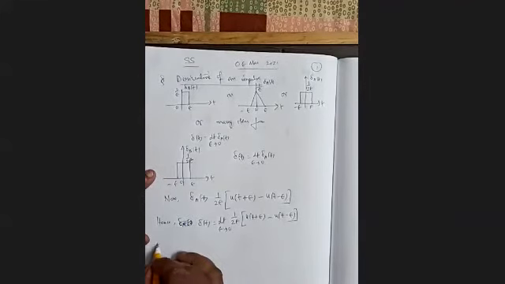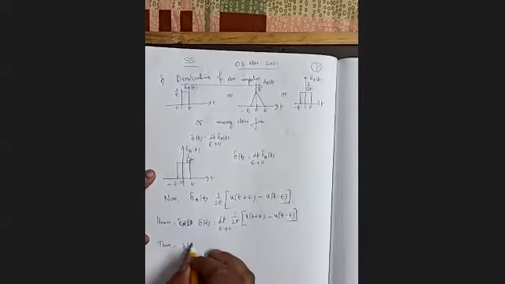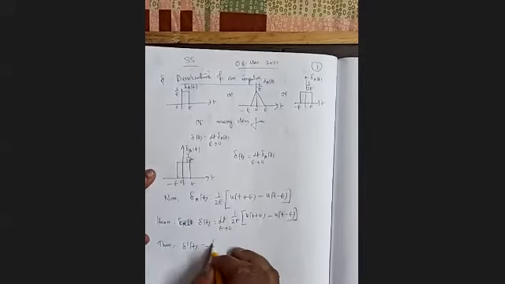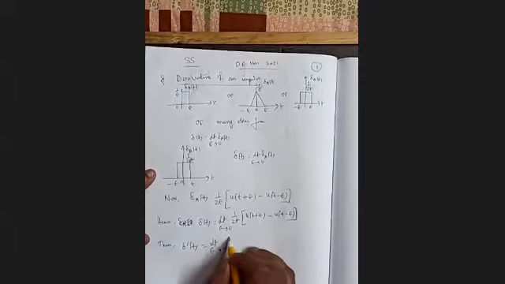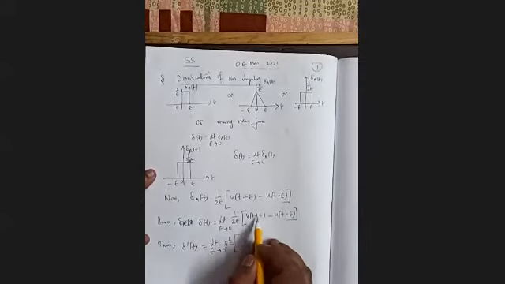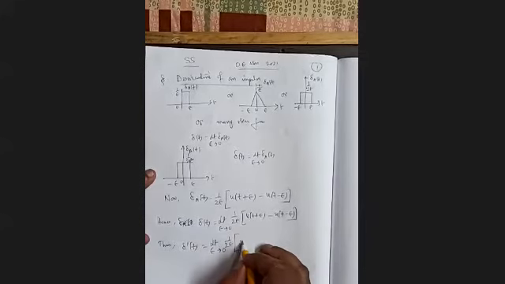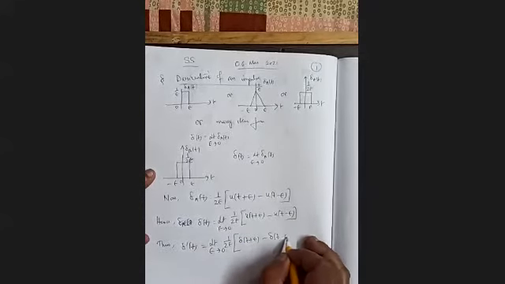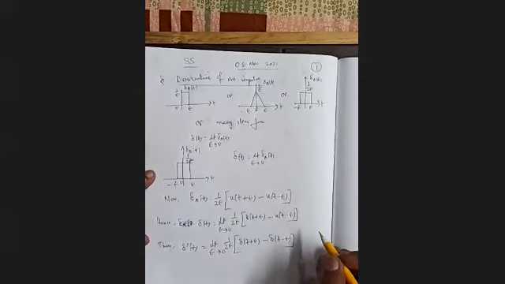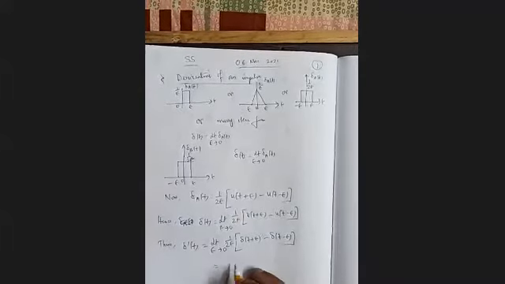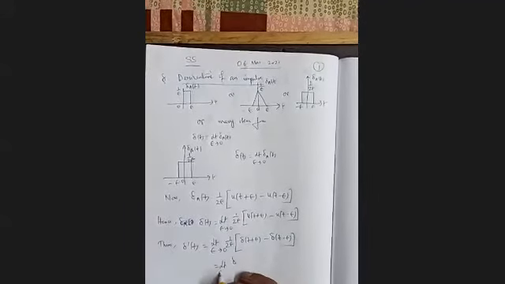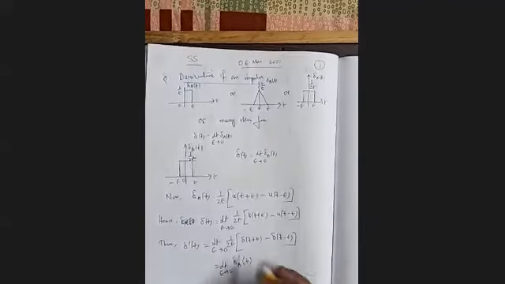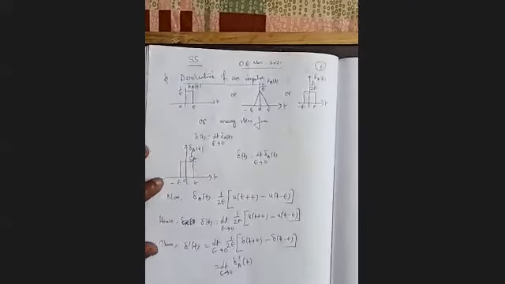Thus, therefore, what is our delta dash t? When we take the derivative, it will be limit epsilon tends to 0, 1 by 2 epsilon. Its derivative is what? For u, its derivative is delta. So delta t plus epsilon minus delta t minus epsilon. That is the derivative of delta t. Or we can write it is actually limit epsilon tends to 0, delta A dash t. That is the approximate form of this thing.